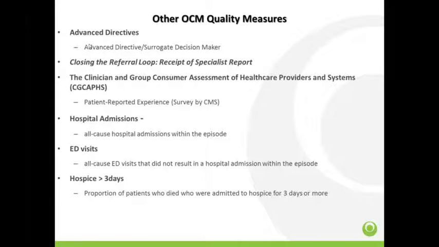Other OCM quality measures: advanced directives, closing the referral loop, which means receipt of the specialist report if we send them out. This is going to be handled through a QCL process. Survey: CMS will be surveying all the patients for their patient experience. And there are 3 that will come from claims data, so you won't have to enter clinical information about this, but please keep in mind when they call in, if we refer them to the emergency room or they're admitted,